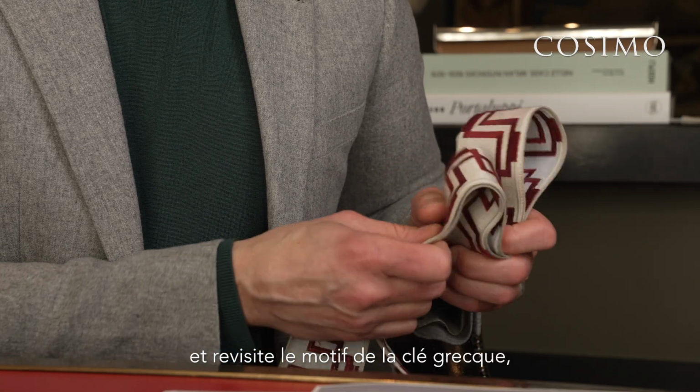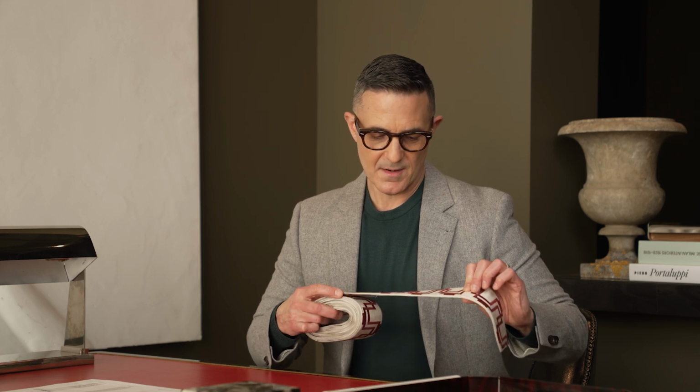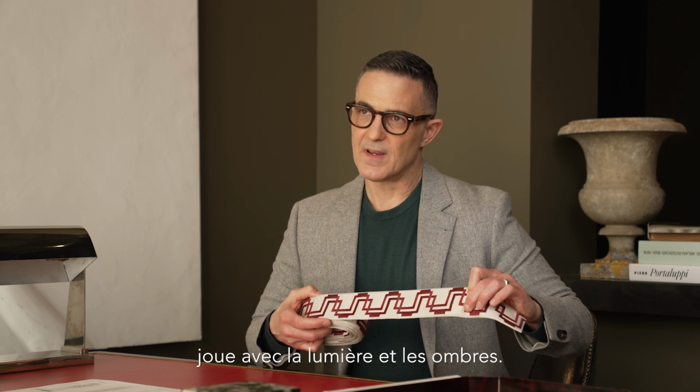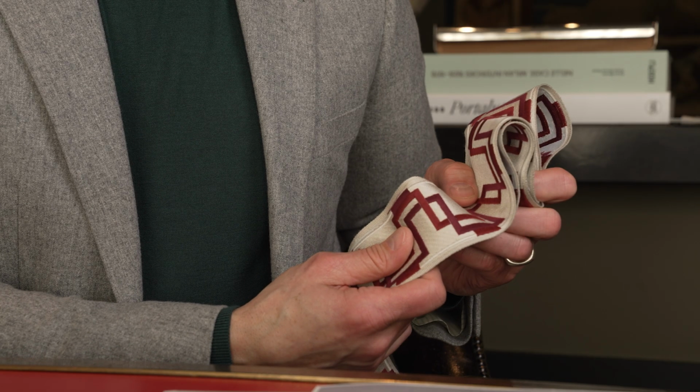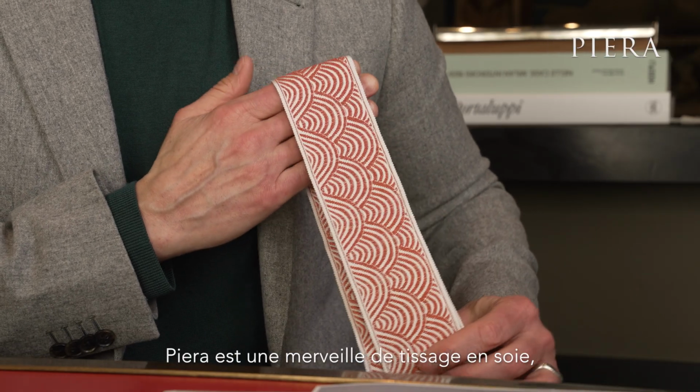It's this beautiful Greek key pattern, sort of a play of a Greek key pattern, and the way the staircase is rendered in mahogany, it sort of gives a different cast of shadows, and it's picked up in all of our colorways, which is quite unique. Pieta is beautifully woven in silk,